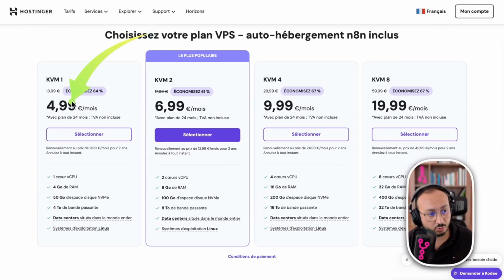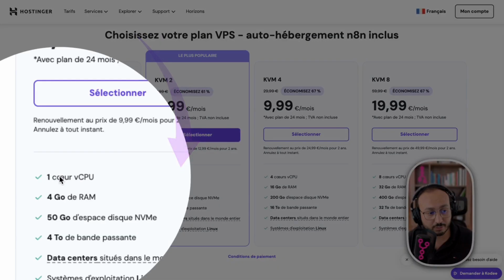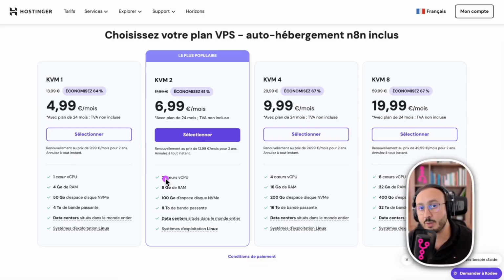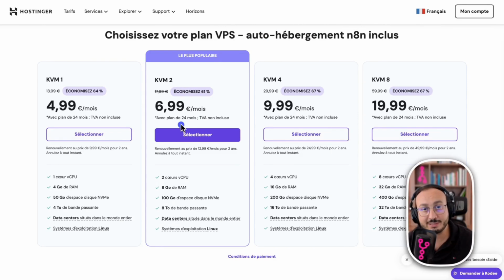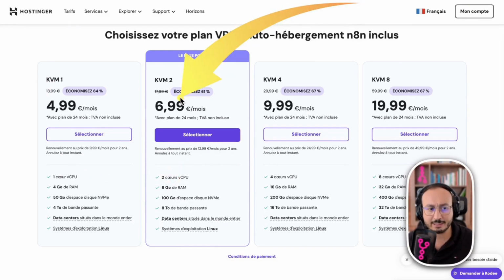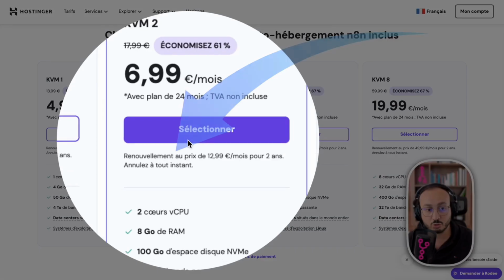The system offers 2 servers. One has a single processor and the other has 2 processors. Well, I use the one with 2 processors because once you go over 20 workflows, you'll see it starts to get heavy and will lag. So having a server with 2 processors is really what's so interesting. People who start with a single processor can always upgrade later. Yes, it's possible, but honestly the price difference isn't that big, so it's much more worthwhile to go for the one with 2 processors. So now I just need to click here on continue